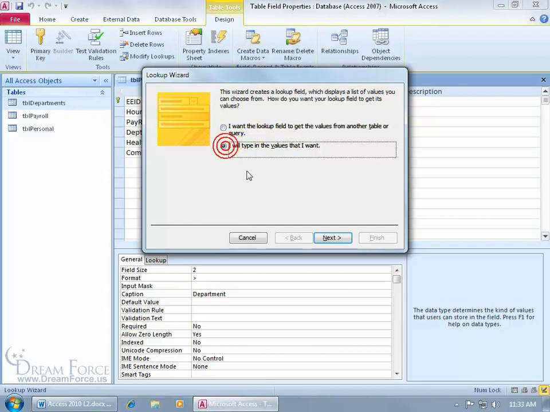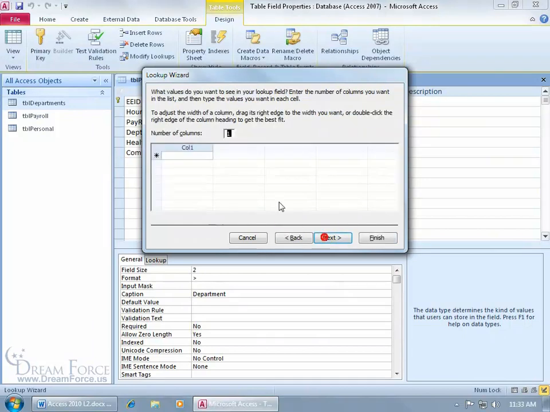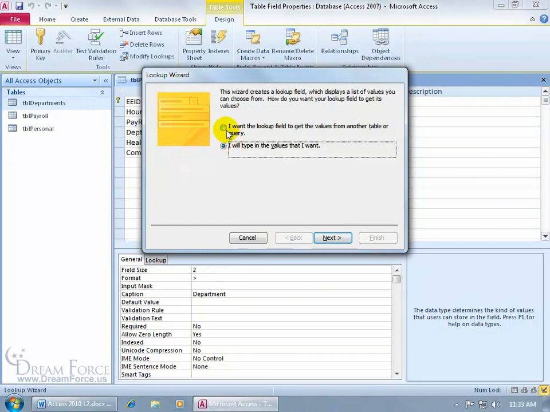So if I go ahead and select I want to type in the values that I want, and I click Next, and I come in here and I say, okay, it's going to be accounting. When I start typing in the values, the problem with that is that when I select the accounting there, when it gives me the drop-down list and it has accounting, it will replace the code AC with accounting, and I don't want that. So I'm going to go ahead and click back and say I want to look it up